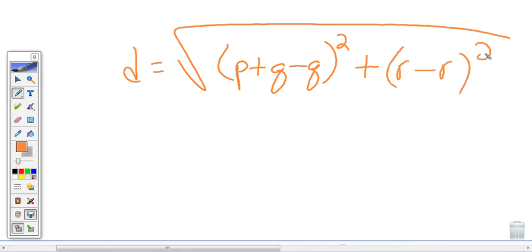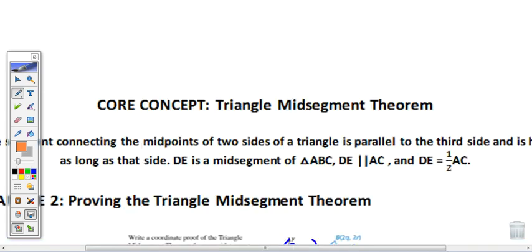How do you write it? Don't worry about it. What are the q's going to do right here? They're gone. What are the r's going to do? Nothing. They're gone. This is really going to equal the square root of p squared, isn't it? Well, what's the square root of the squaring function going to do right here? Distance is just going to equal p. So right here, kids, I can come back and say,